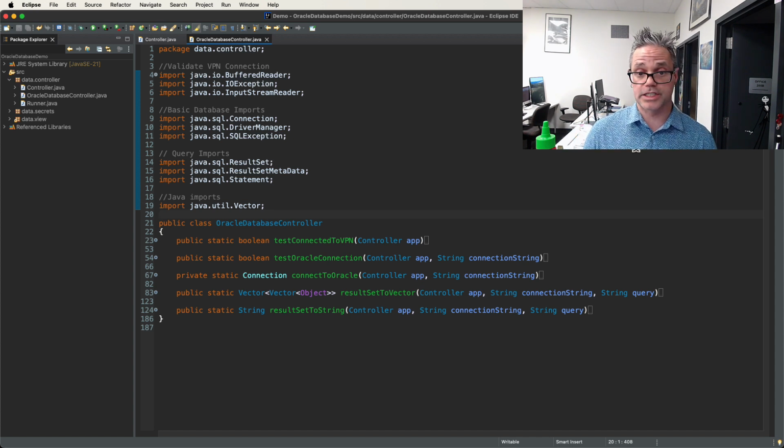We want to minimize the exposure of the actual information and connection to the database. Because we are only accessing it in a quantifiable, individual level, we have them as static methods, because we're just accessing the data, using it, and then closing that connection. We want that to be set up explicitly for that so we have the minimal exposure of that database connection